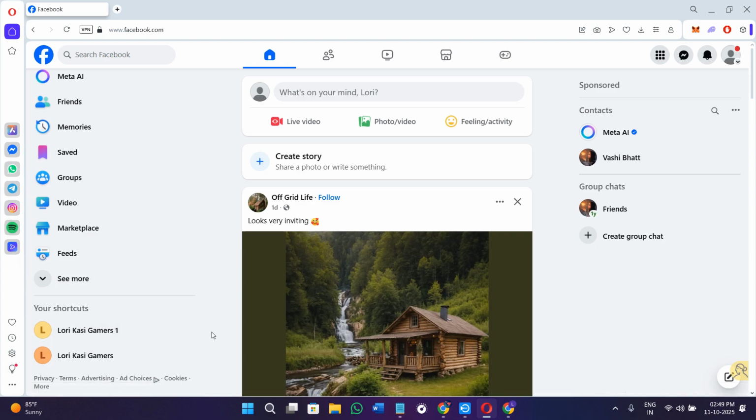So without further delay, let's get straight into it. First of all, you need to open your web browser on your PC or laptop. Over here in the search bar, you need to simply search for facebook.com. Once you are here on facebook.com's website, you just have to log in with the help of your already created Facebook account. If you don't have a Facebook account, make sure that you create one in order to access